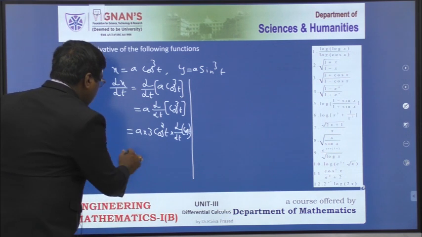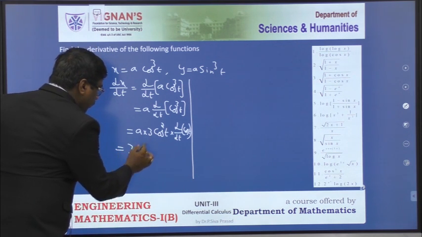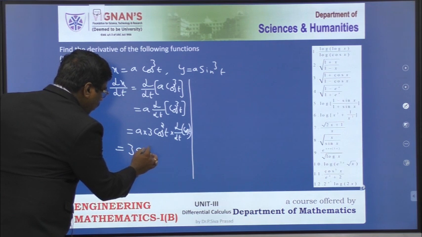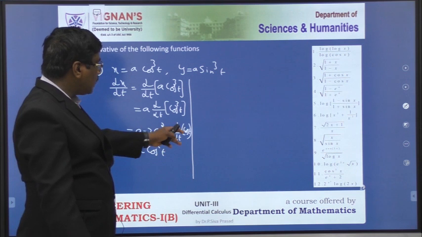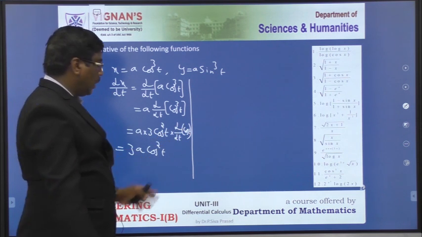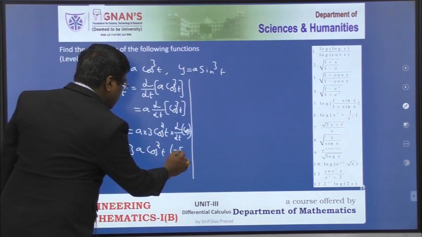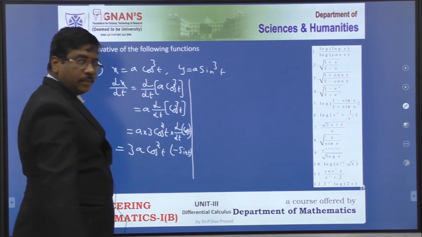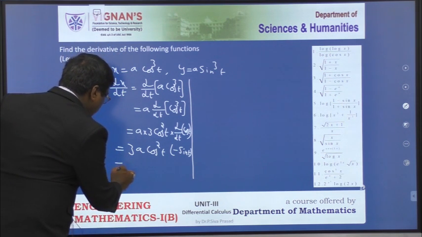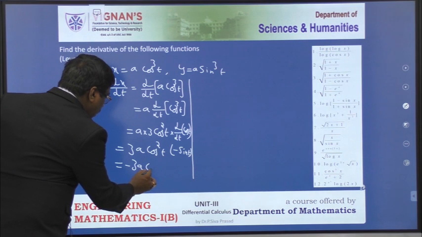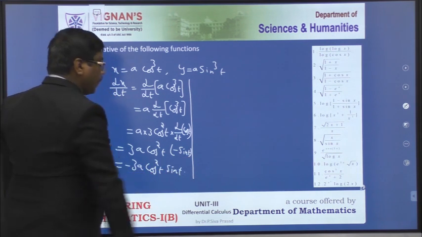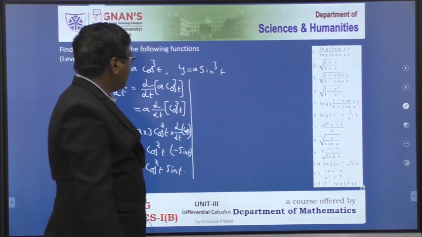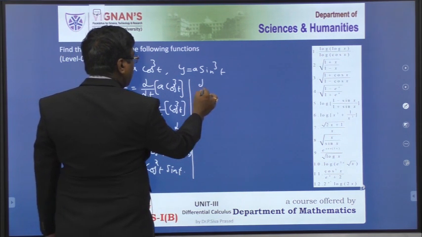Okay. Now this is equal to 3a into cos square t into the derivative of cos t, so minus of sin t. Therefore, we get here minus of 3a into cos square t into sin t. Left your point. In that similar way, dy by dt is equal to